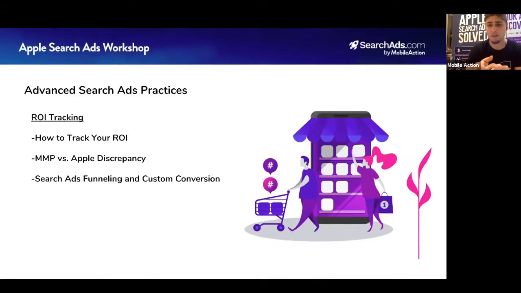But there's a small problem here. Thomas Petit from 8fit actually has a very good video about this, because people reported that they were seeing a difference between their attribution tool or MMP and what they saw on the Apple Search Ads dashboard. They would see the downloads on the Apple Search Ads dashboard, but the installs coming from the attribution tool would be quite different. He has a 17-minute-long video you can check out. I don't want to go into the nitty-gritty, but the main idea is that this is mainly due to the differences